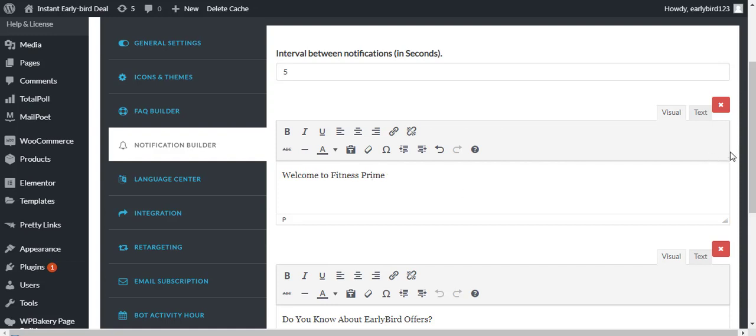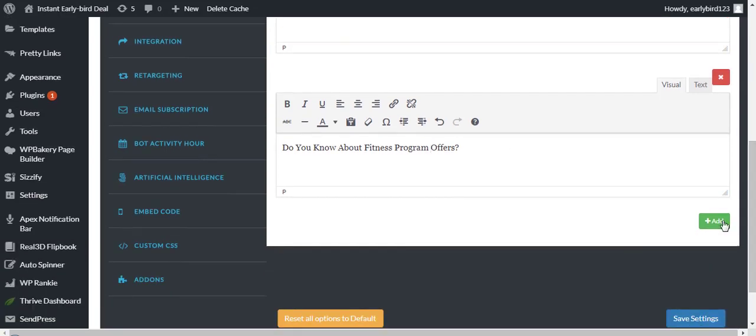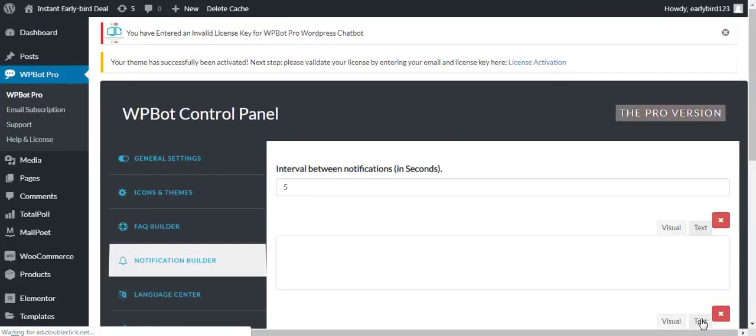Alright, so you have it stated there. You could also have other notifications you state here. Do you know about fitness program offers? Alright, so you could have it like that. And once you're done, you could add as many notifications as you want to, and you come down here and hit save settings. So notifications are what pop up at an interval on your chatbot notification